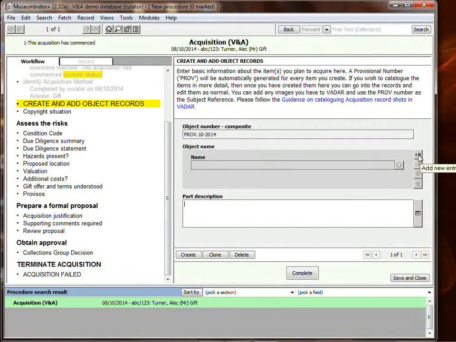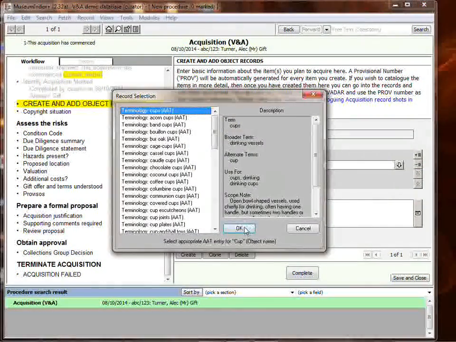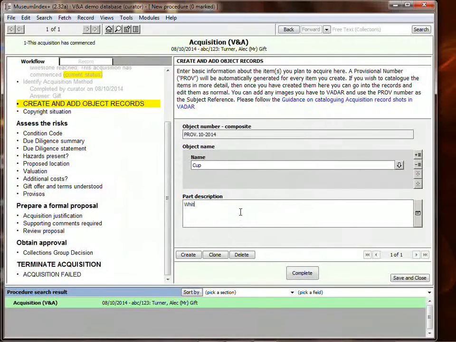Sticking with my theme from data entry, I'm going to require a cup and saucer as two separate objects here. So first object is going to be a cup. I'll just give that a simple description. You can set up various things within steps. So in this particular instance, we've set up an automatic function to generate a provisional object number. Later on in this workflow, we'll get to assign real object numbers to these, my cup and saucer, assuming that the acquisition goes through. So we've got a cup, and then I'll just create one more object, which has its